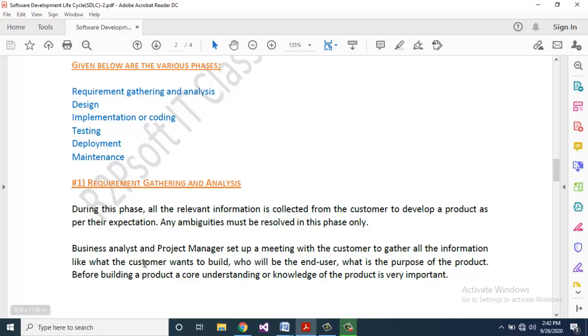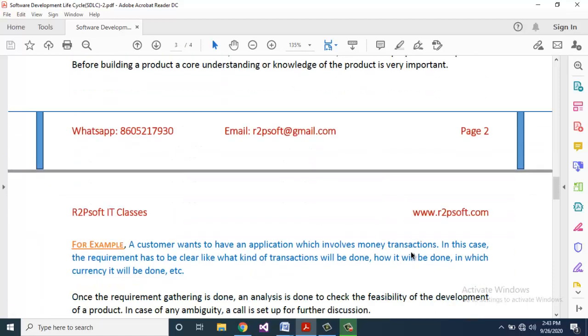Business analyst and project manager set up a meeting with the customer to gather all the information like what the customer wants to build, who will be the end user, and what is the purpose of product. Before building a product, a core understanding or knowledge of product is very important.